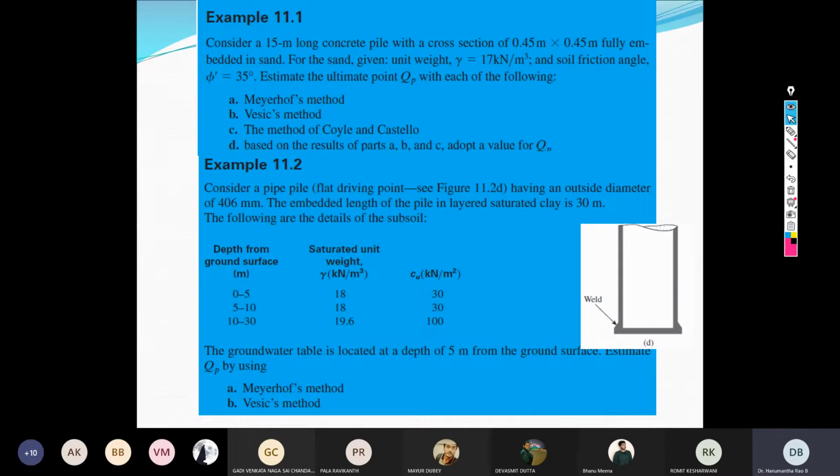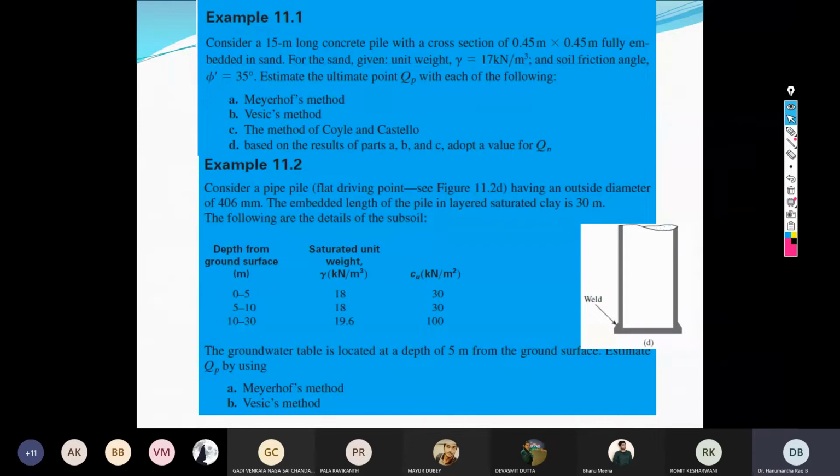The subsoil strata are given up to a depth of 30 meter, which is divided into three layers. From 0 to 5, unit weight of the clay is 18 and Cu is 30 kilopascals. From 5 to 10 meter, unit weight of the soil is 18 kilonewton per cubic meter and Cu is 30 kilopascals. And from 10 to 30 meter,